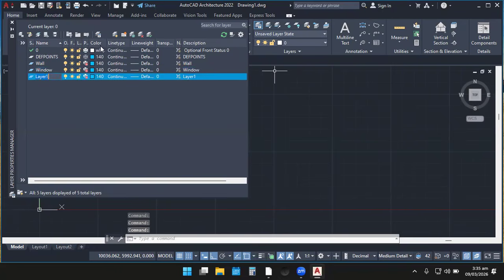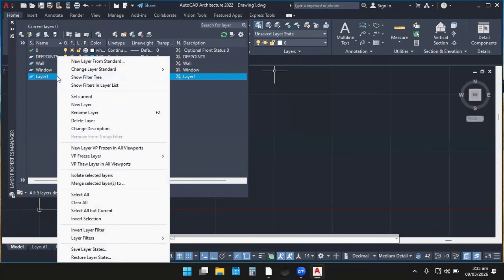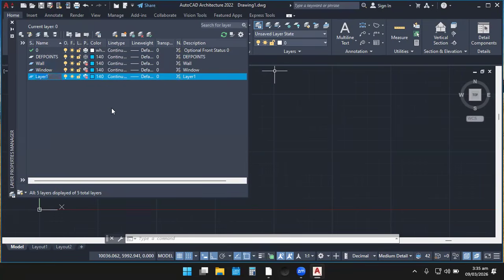Let's continue to create more. So in case you click this to create and accidentally you click somewhere and the name remains like this, how are you going to change the name? You just have to highlight it and then right click. When you right click, you realize that so many options will be displayed. Select rename. F2, that is the shortcut, F2. Then you just backspace and then you enter door. Now I press enter. You see, so that is the layer I've set for the door.